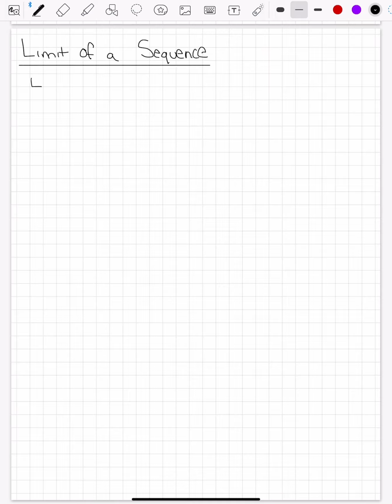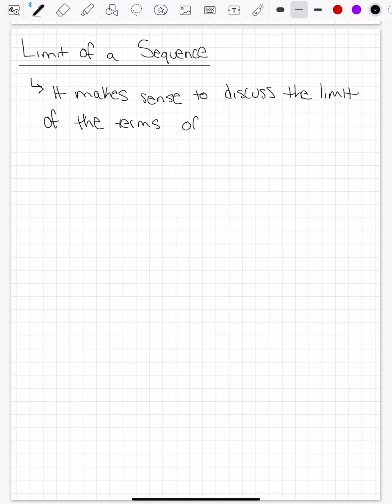Right, so it makes sense to discuss the limit of the terms of a sequence as n goes to infinity, right? So what does that mean? Basically, we're saying if we have a sequence, let's use the proper notation, a_n, that's equal to a1, a2,